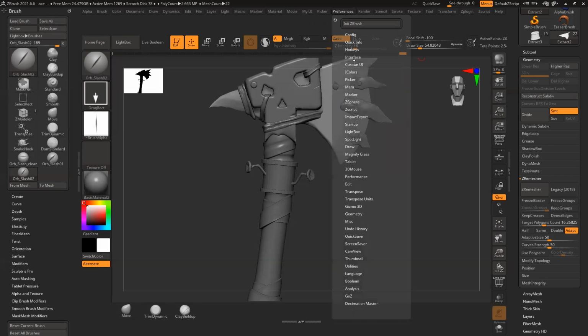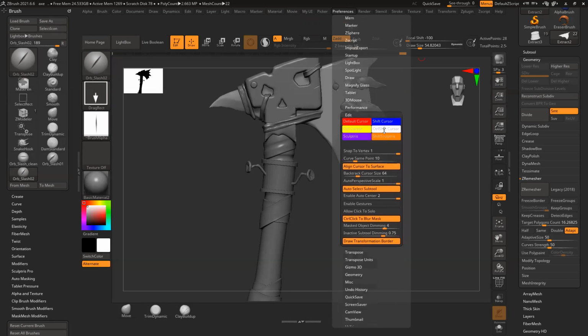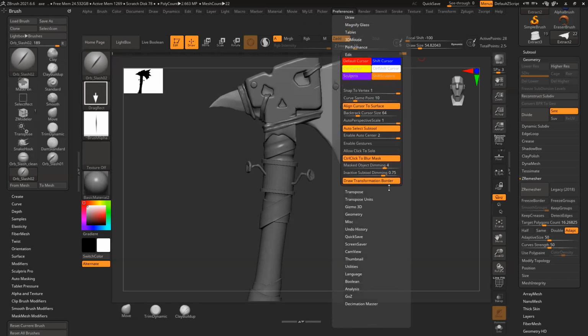Preferences. Edit. Click solo. But this is to.